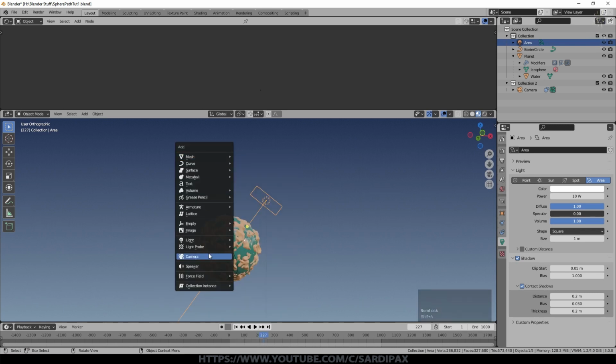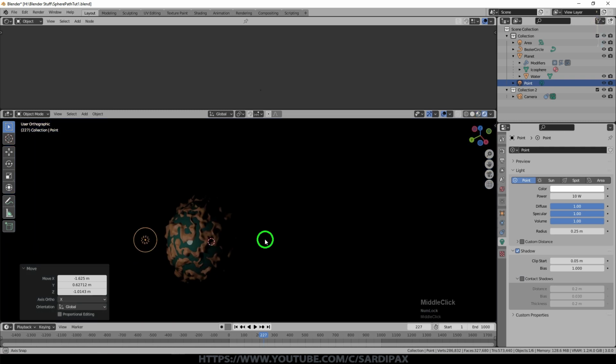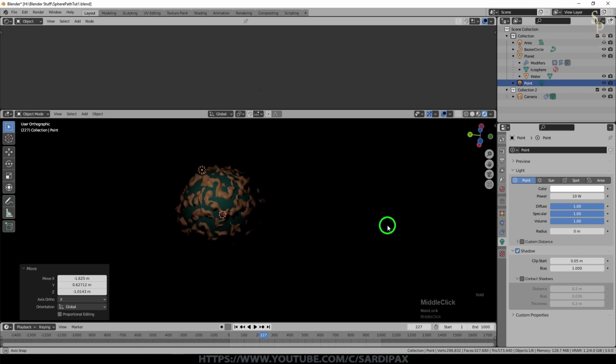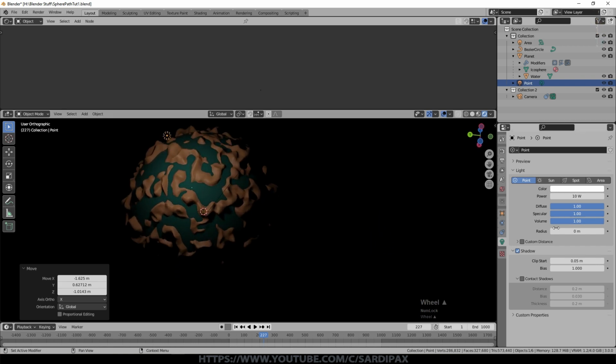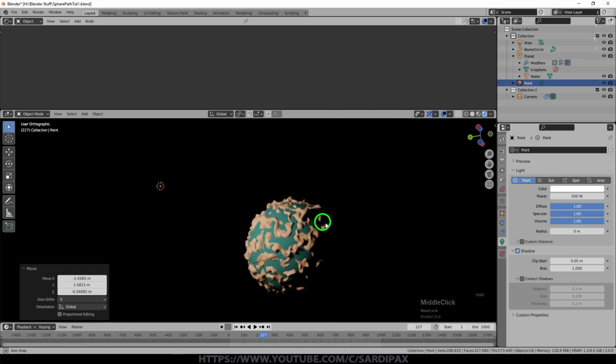You still have the issue even with point lights, but it's not as bad because they are, as the name suggests, a point light. I'll put one of those in over here. You can see it there, but I can turn the radius right down, so it'll only be at certain points where it will show up at all. And you might not have a problem with it. It may be fine that it shows up like that, perhaps like that. But I'll set it down to 0. And then I turned the power up quite high, so we'll have that 500 to start with, but we'll set it a bit further away so that we get shadows and what have you.